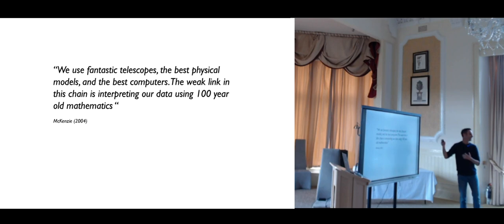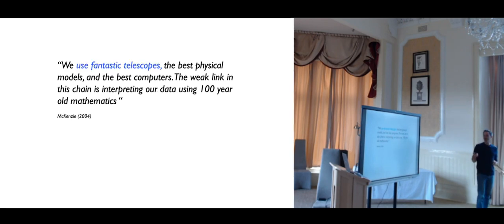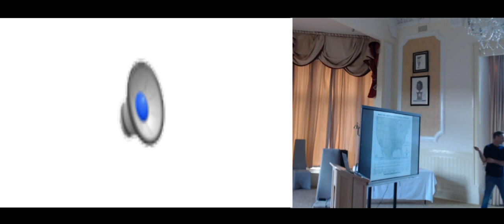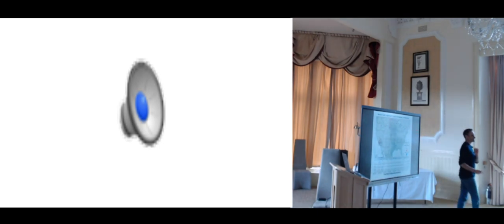And those are a bit like the ingredients that Jean-Paul was talking about the first day. In an inverse problem, we have a lot of ingredients. We have data, we need a model, a forward model, and we need an inverse theory. And so in our case, in seismology, the fantastic telescopes that we are using, I guess, will be the great arrays that have been deployed in different areas. And for example, there is the US array. So this is an example of a fantastic telescope that we have. And in the US, we have put stations every 70 kilometers.